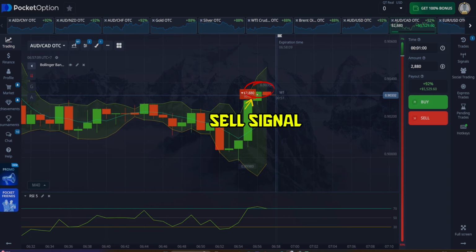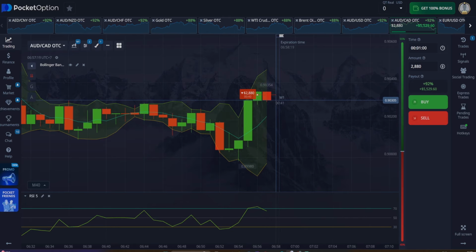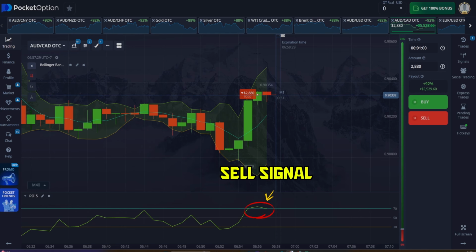First, the current candle has touched the upper band of the Bollinger Bands, which usually indicates that the price is entering an extreme zone, meaning it's already too high compared to its average movement. This often signals that bullish momentum is starting to weaken, and the probability of a price correction or downward reversal is increasing. Second, the RSI indicator is above the 70 level, which tells us that the market is in an